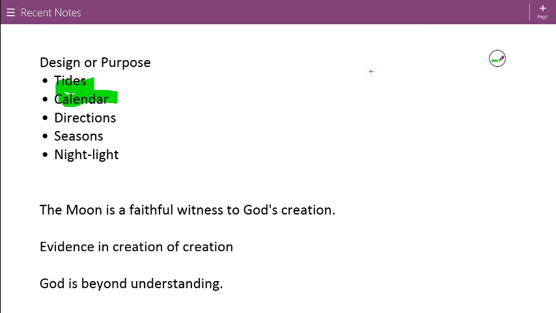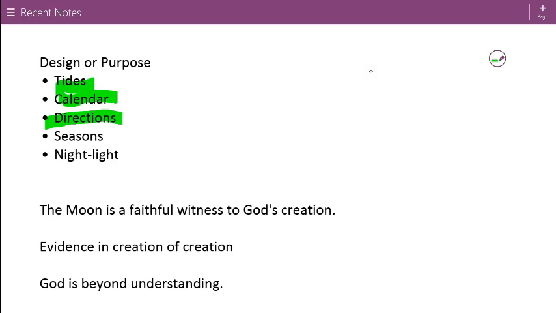And there are actually, I think our podcast that you listened to talked about the very specific ways that the ancient Hebrews would be looking for the moon at a specific stage, and then they would count out, and that's when they would have their Passover, their most sacred holiday. It also lets us know directions.